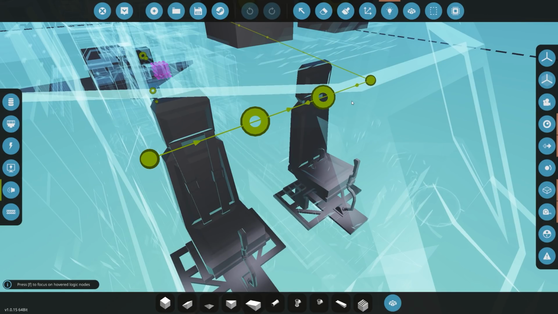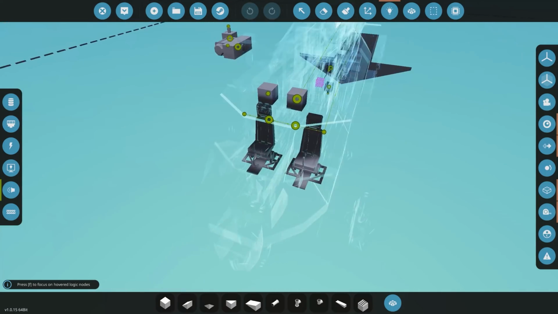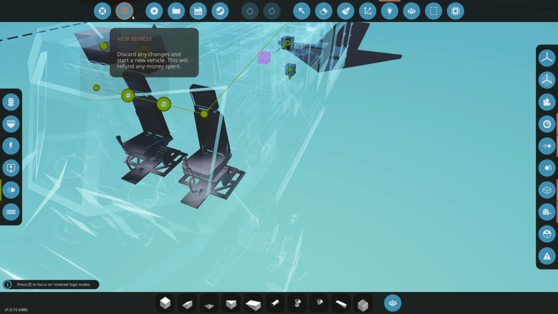So for example, maybe you want to connect one seat to your co-pilot and to two radios and to a whole bunch of things. I'll show you guys how to do that in a later video, and let me know in the comments if you want to see a video covering how to connect multiple different sources to one pilot seat here in Stormworks. So they've gone and added this in, and I think this is a really cool feature